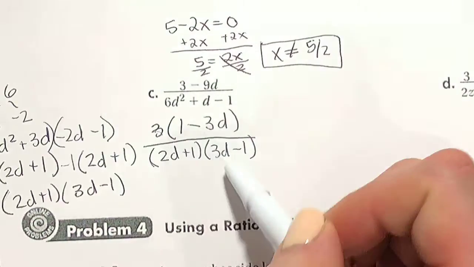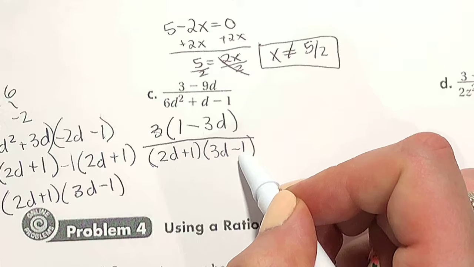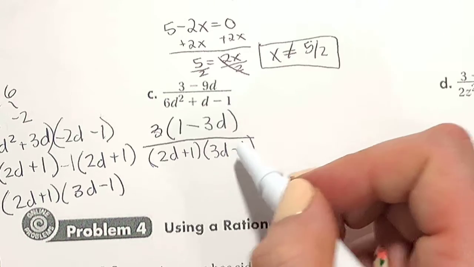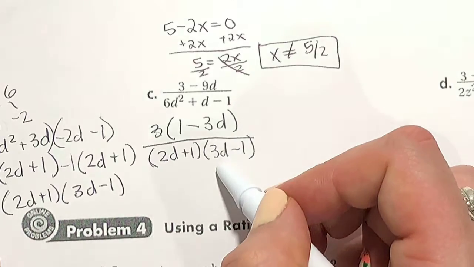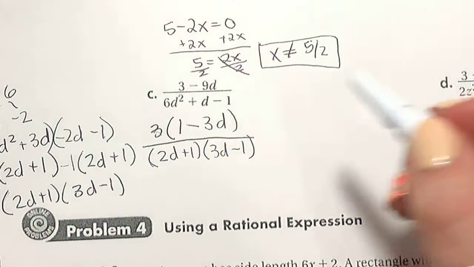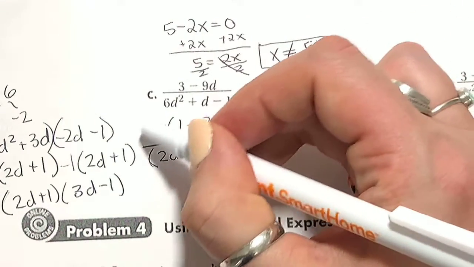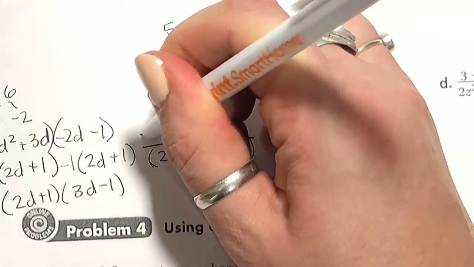And now when we're trying to cancel, you can see things don't exactly match. We have our opposite factors that we were talking about. So I have a 1 minus 3d and then I have a 3d minus 1. So they're almost the same except the signs are backwards. So here's where we would want to take out a negative. Again, you could take it out from either, but since we took a 3 out already, I'm going to take